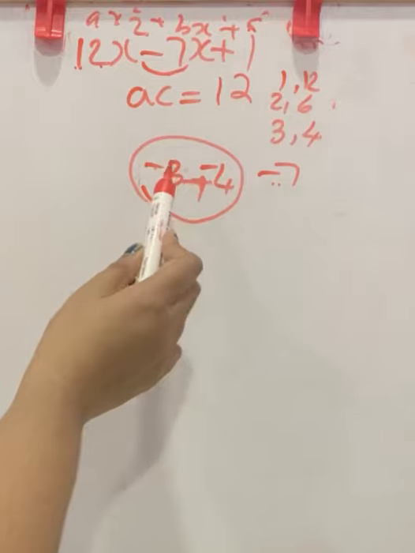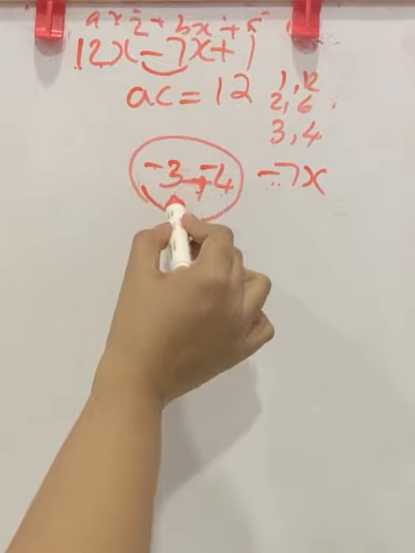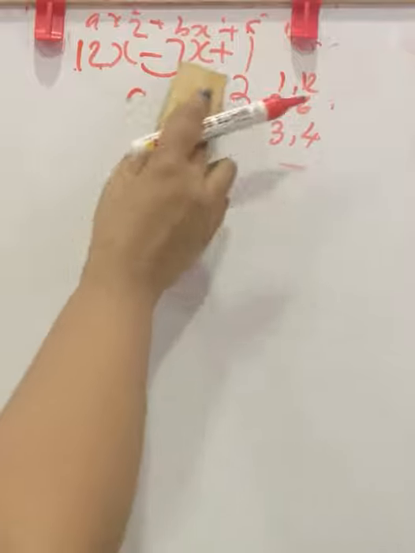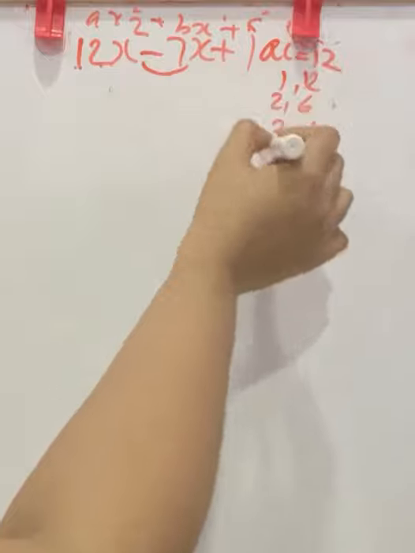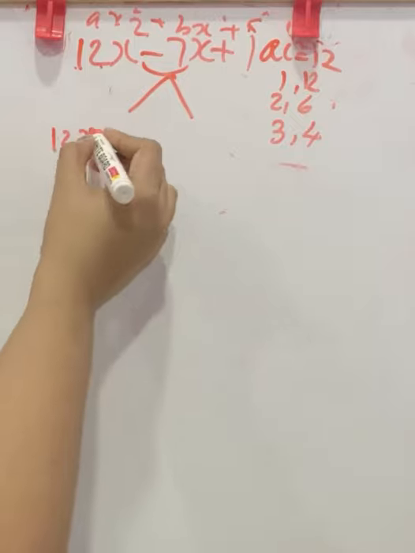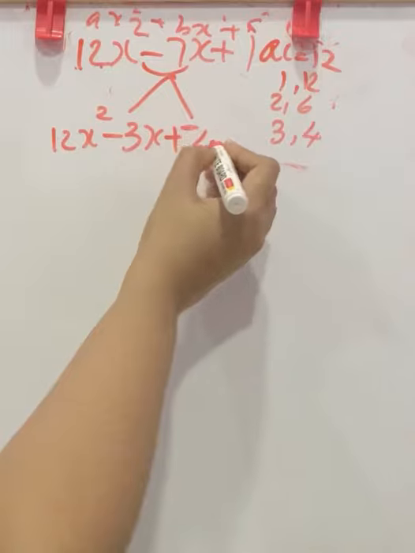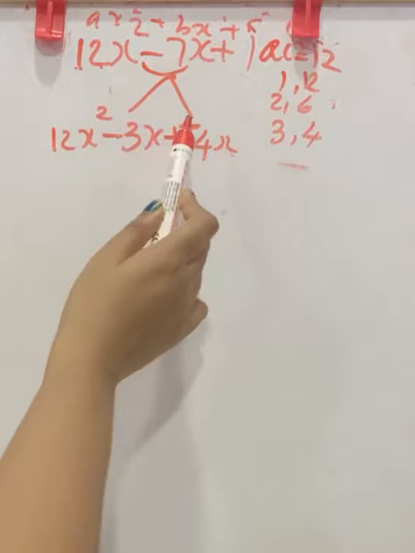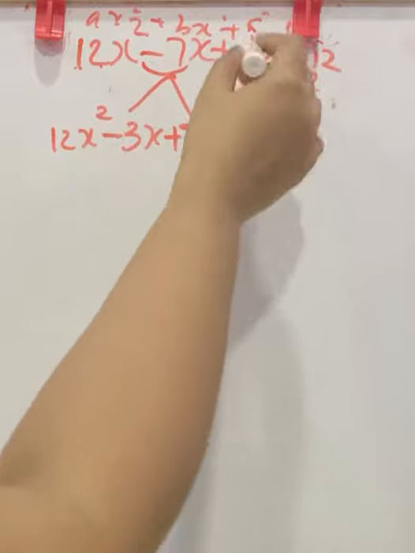You split negative 7 to negative 3 plus negative 4. So, you are splitting negative 7x to negative 3x plus negative 4x. So, how will you write? This is AC is 12 and factors of 12. Now, we are going to split this negative 7. Here it is 12x square, this becomes negative 3x plus negative 4x. That is the pair here. Then only we will get negative 3 plus negative 4, negative 7. Plus 1 is here. Take down this last term.